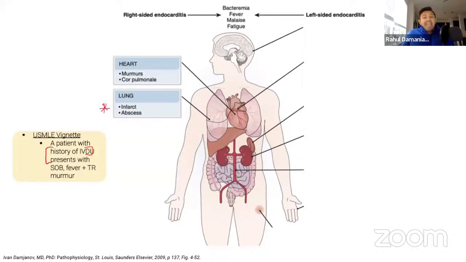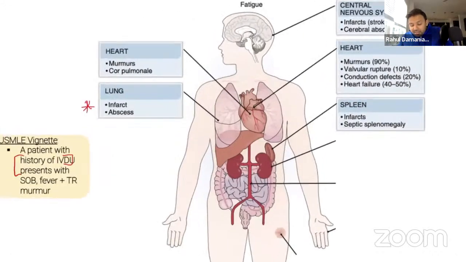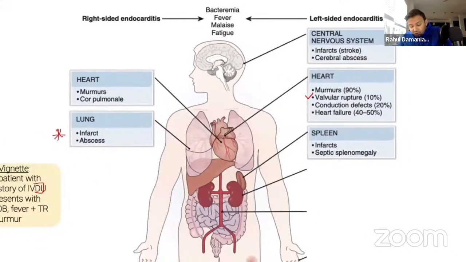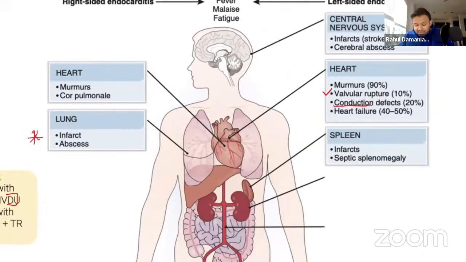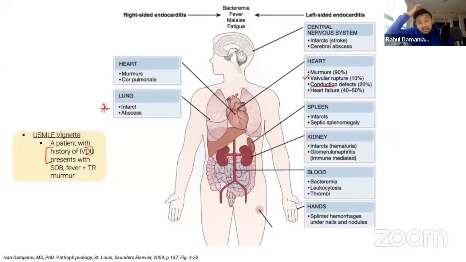And I think that this is important because they can put up a CT or a chest x-ray that shows these multifocal septic emboli. Left-sided endocarditis, you're going to be thinking about systemic circulation. So those mycotic aneurysms that you can get in the brain or cerebral abscesses. You can get issues with not only the mechanical valves themselves, but also the electrical activity of the heart, which is the conduction defects. You can get septic emboli into the spleen, and you can get these antigen-antibody deposits that are going to cause you to have glomerulonephritis.